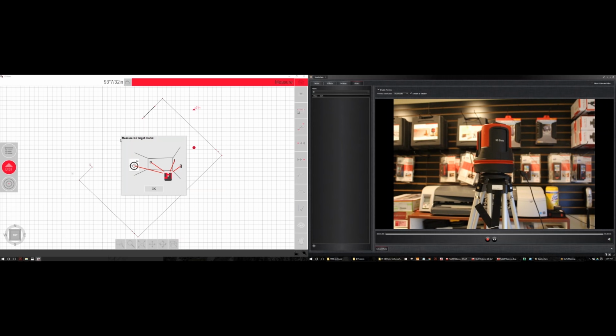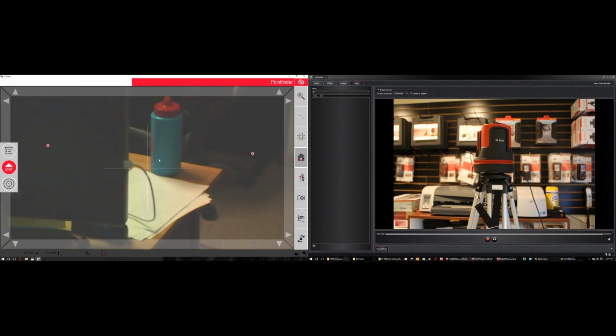So now it's saying measure the three to 5 points that you measured before. So it's going to give us the list of it. Gives us a picture of each one that we took, which is very nice. And what's even nicer about it, it automatically took the picture when we took the measurement, so we don't have to remember it. And then if you want, you can open that up a little bit bigger, and then you can see, okay, I took the top screw here. So we'll close, we'll say, let's do this one, we'll move this to where that was,